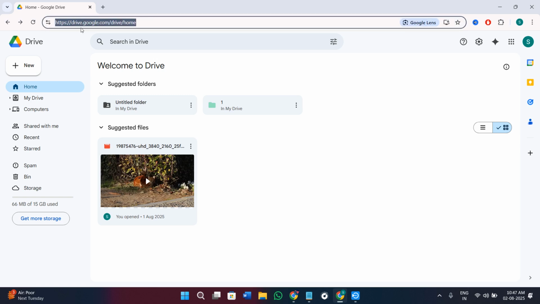First of all, you need to come in your Google Drive by opening your web browser and typing this URL, that is drive.google.com. Once you are over here, you need to make sure that you are signed in into the